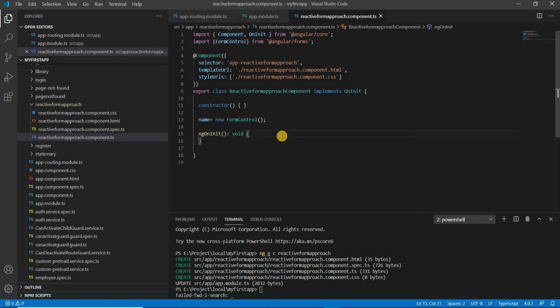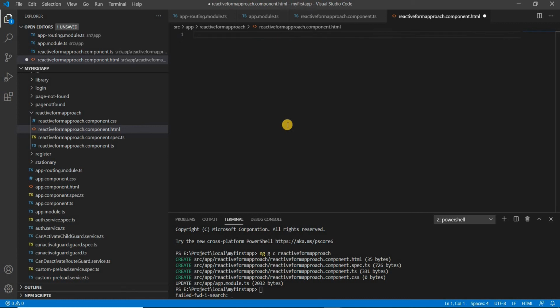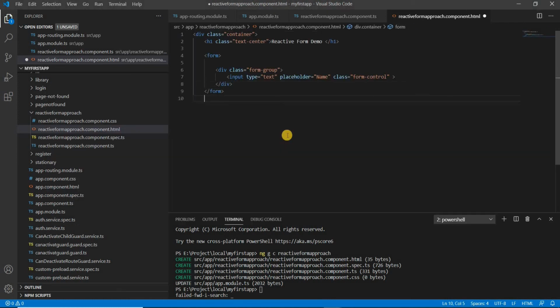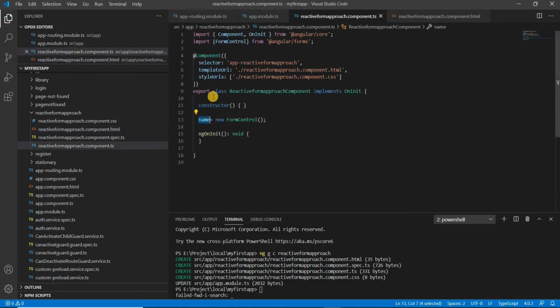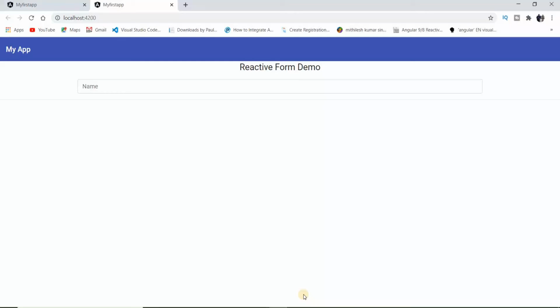And now we have to create one input control inside our template page. So we have to create some template here. Friends, I have already created a template for you. Form, then this is a name, and here we have to define formControl equals to name, and this name should be the same as in the class.